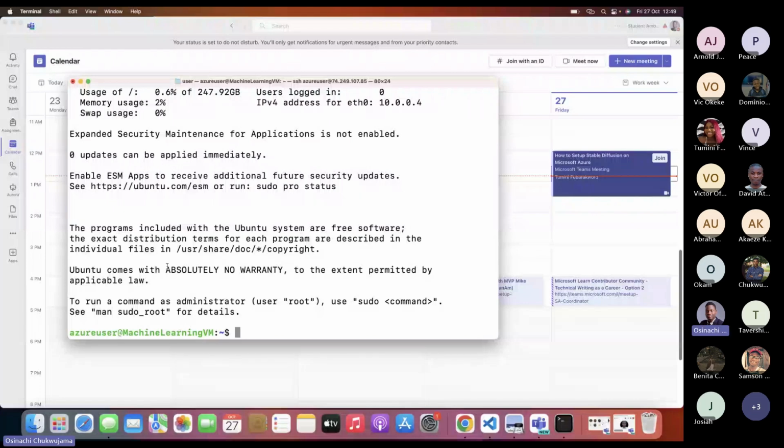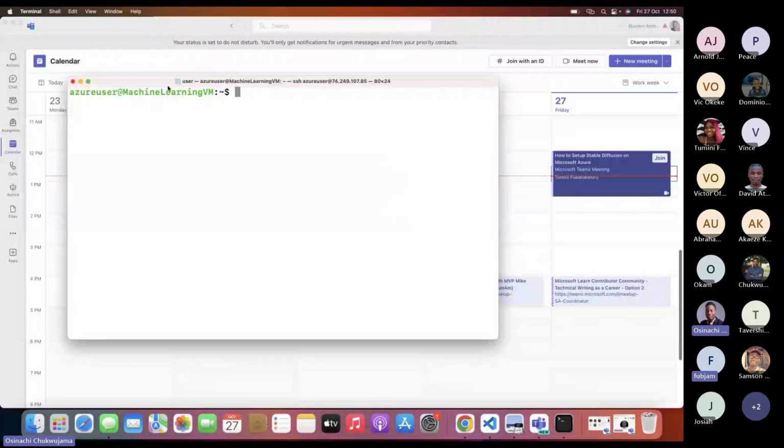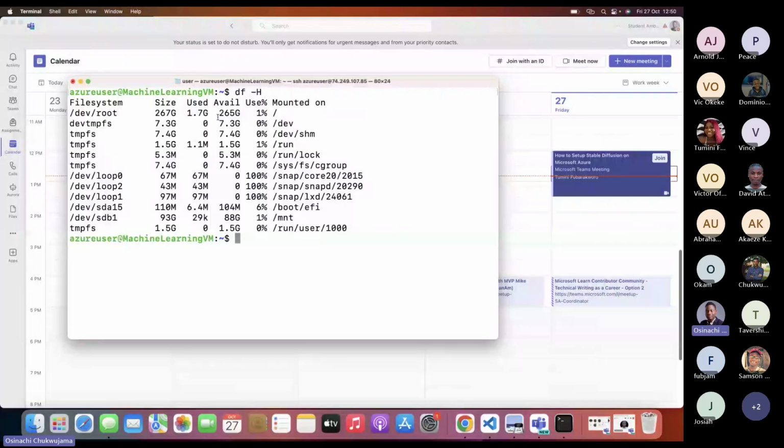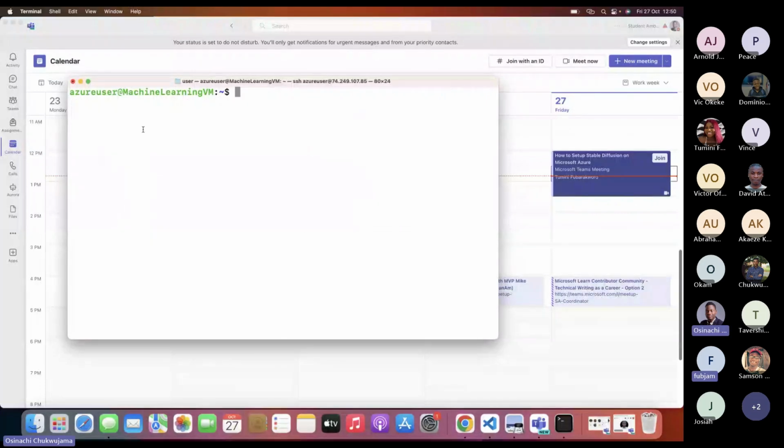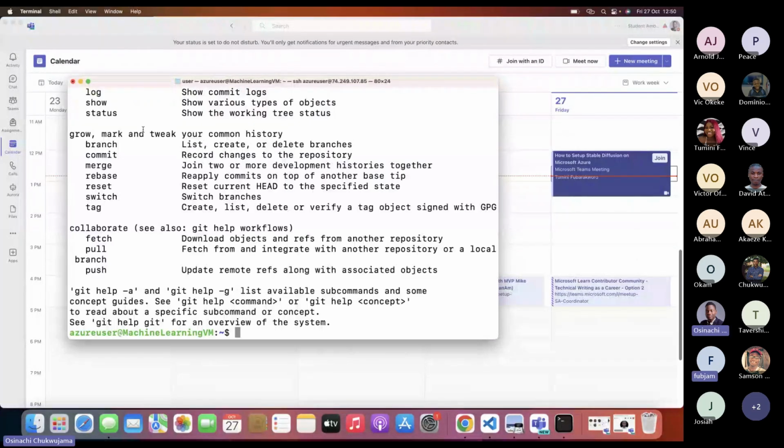We can check our disk size. So we have 256 gig available. And okay, so do we have Git? Yeah, it's Linux, so we have Git by default, which is beautiful. So we can go ahead and clone our stuff. Clone this